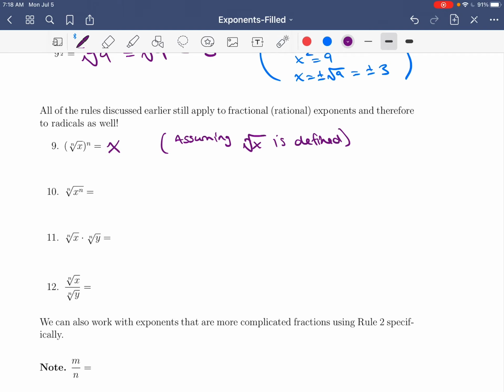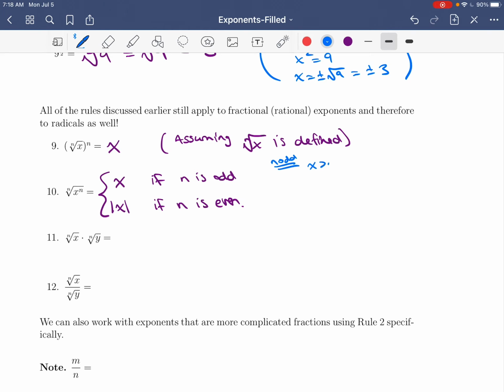And similarly, you can do the power first, but actually this one is a little bit more complicated. So it's just x if n is odd. But it's actually absolute value of x if n is even. Okay, so this is a little bit harder to see, obviously, because it has two things going on. So if n is odd,